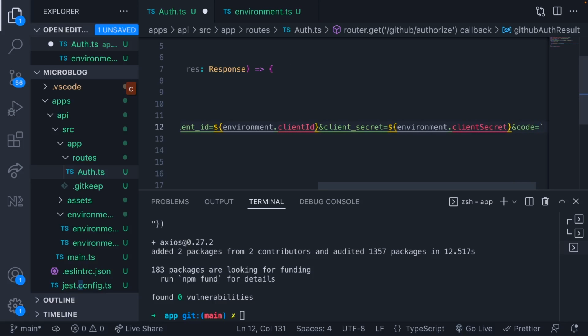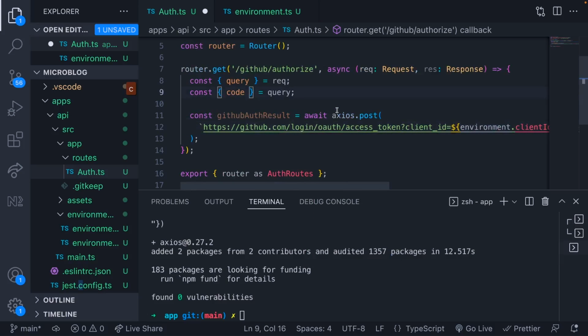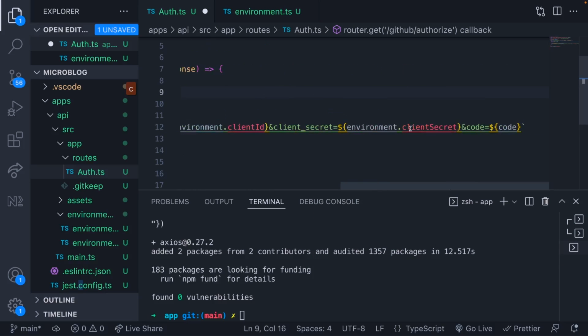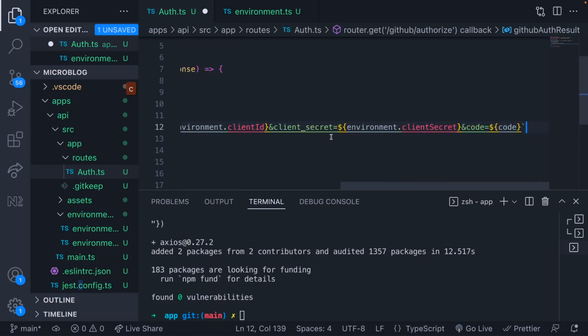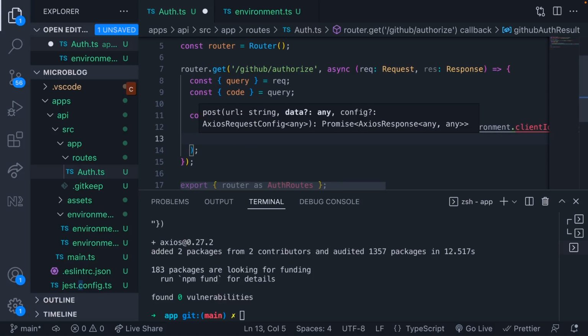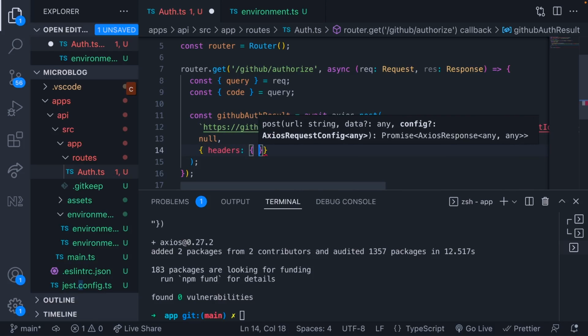And then there's one final thing that we need to provide to that request, which is the code that GitHub sent back in the previous request, which we got out of the query parameters that have been passed back to us. So that's all we need to do to send the request to GitHub. And we do also need to send Axios no payload, so we'll just say null. And we'll also set the headers here. So we'll say headers. Make sure we accept